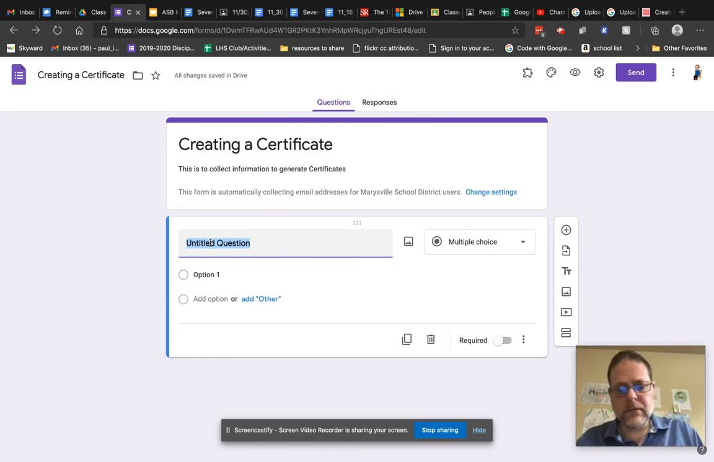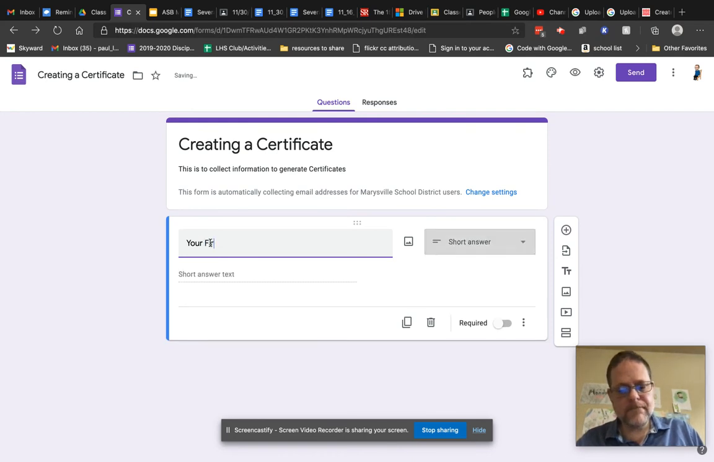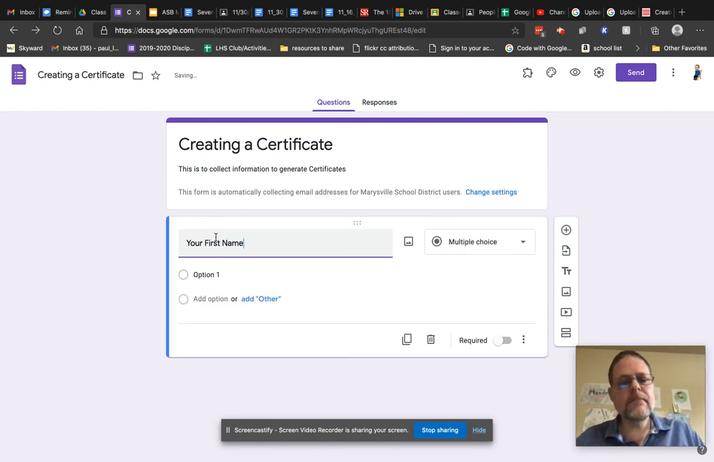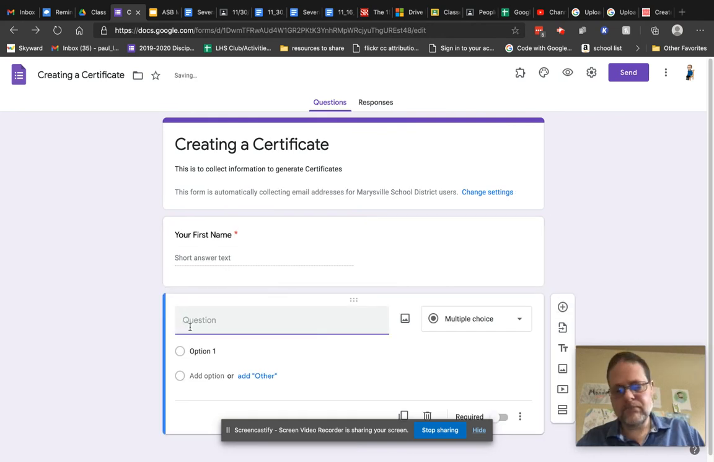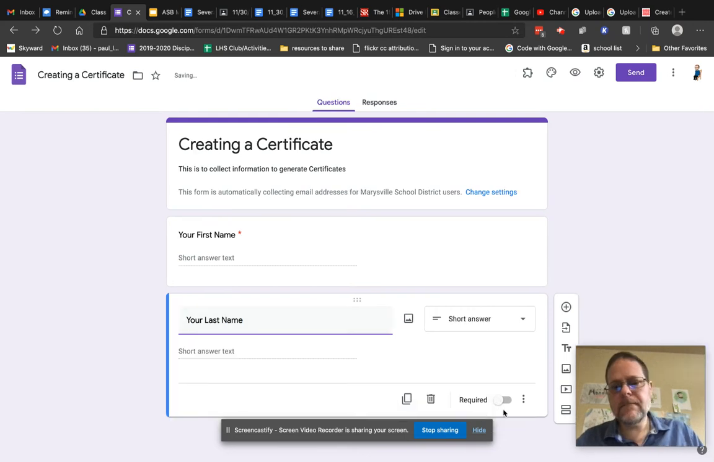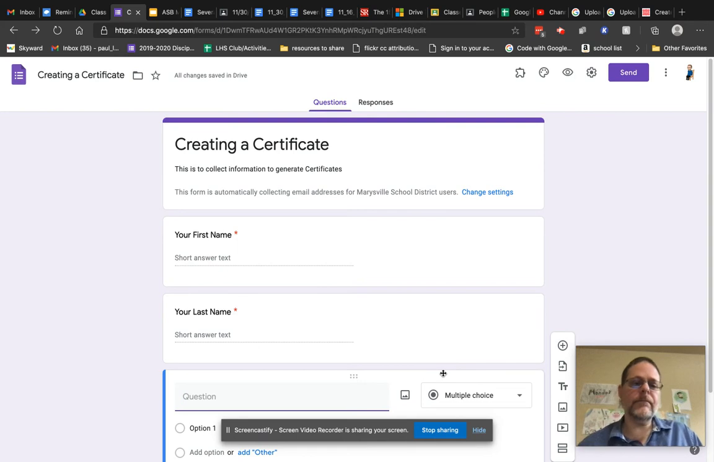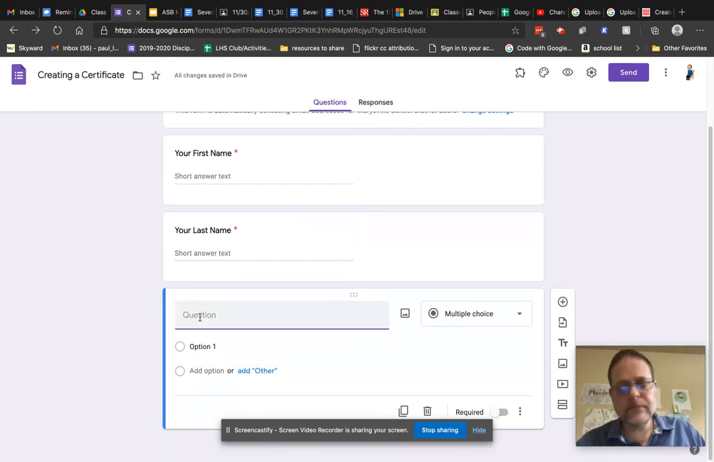So I generally go your first name, and it automatically tells it to make that a short answer because that's what you want. And now make another one. Your last name, also going to be required. So everything that we want to have them that they have to answer to submit something, make it required. So we've got the name of who's doing this, and then we'll also ask for